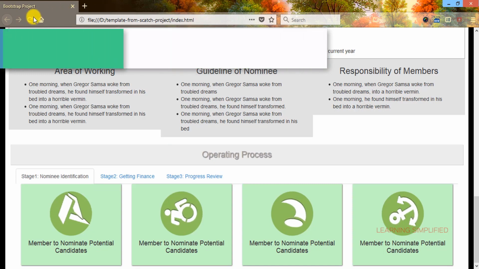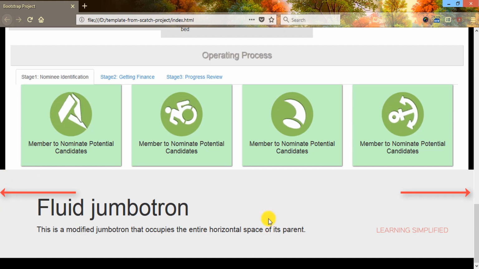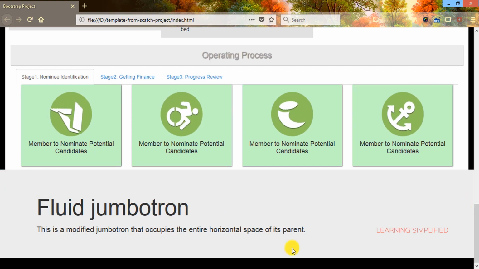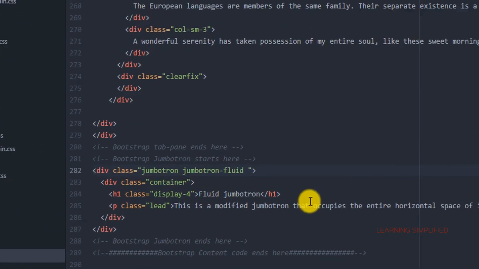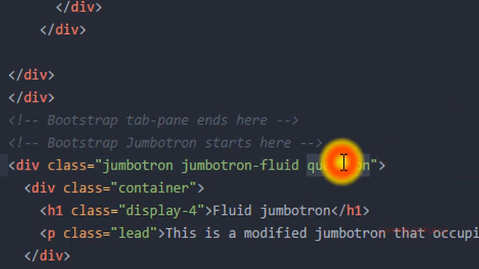Now if we get back into our project and reload, we can see that this is the look that it is now presently showing. Now we have placed it here. The second thing is we need to create this 15 pixels of gapping from both the ends, from the left end and from the right end. We are creating another class along with this Jumbotron, which will be known as question.